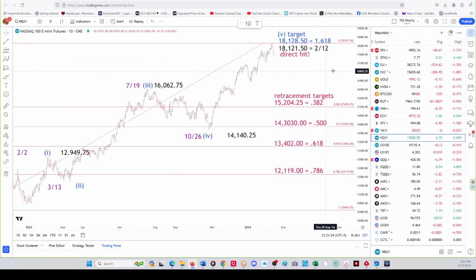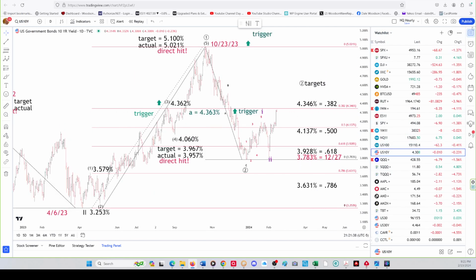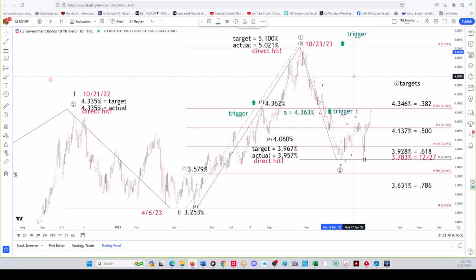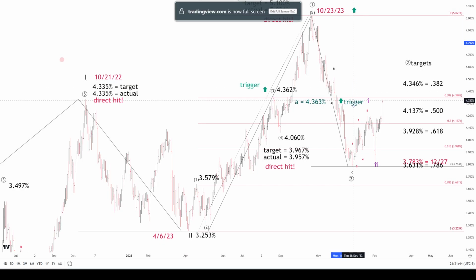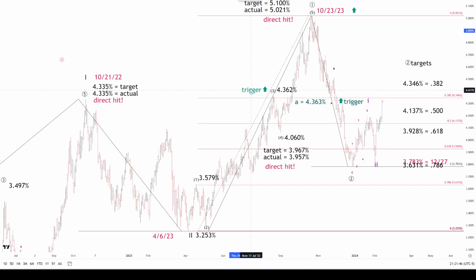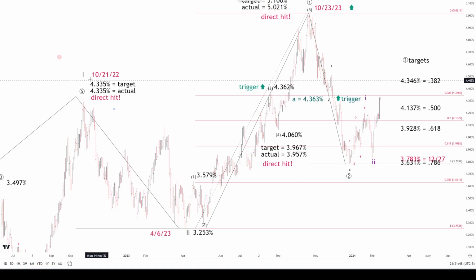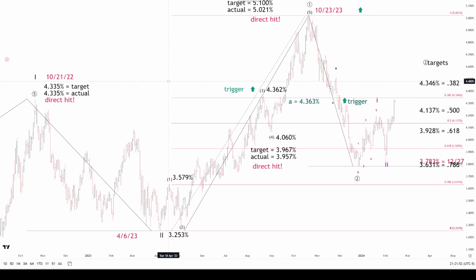I want to get into the US10yr. We had some exciting action on that today. Put that trigger down there. You guys know all about that trigger and target over here with the wave 1 high in October of 22. Wave 2 low, 1, 2, 3, 4, 5. The 3 trigger right here gave us the 5 target, which was a direct hit to within